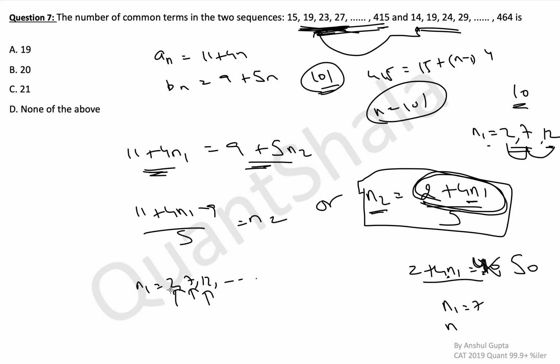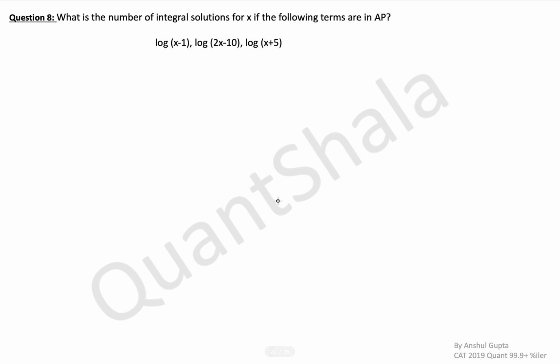So in this series 2, 7, 12 and so on, we have to find how many terms will occur here less than or equal to 101. Again you will get the answer as 20. So the answer will be 20. I know I have not solved it completely, but I have done it on purpose so that you dig deeper into this, you think about it from multiple angles and then you gain more conceptual clarity. So think more about this and post the answer in the comments, post how you did it, and if you used any other method to solve this, post that in the comments.